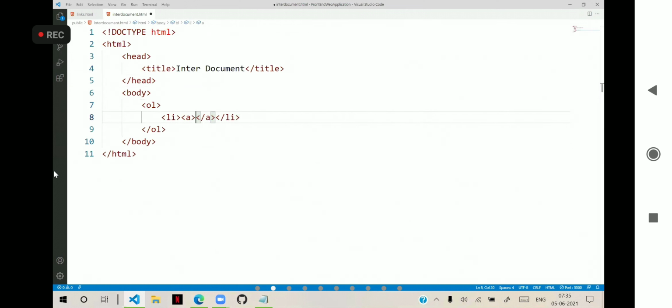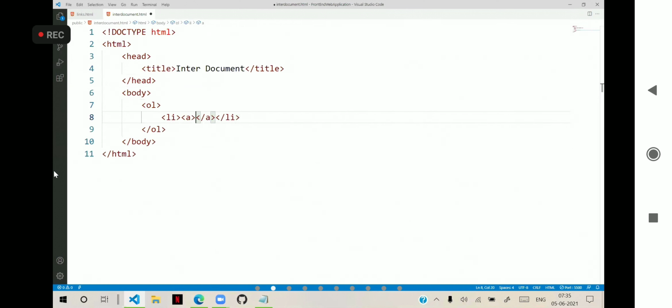So here I will put, suppose, some mobile, Redmi mobile. And here I am defining href is equal to, it is in assets, so redmi.jpg. That means these are all inter-document links navigating from our page to some other file. It can be any PDF document.